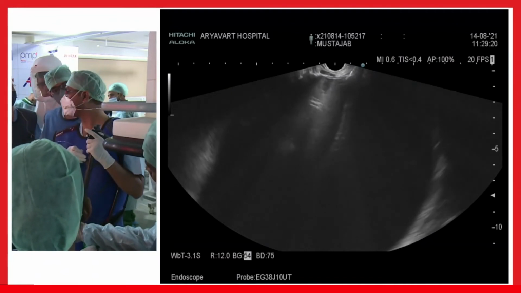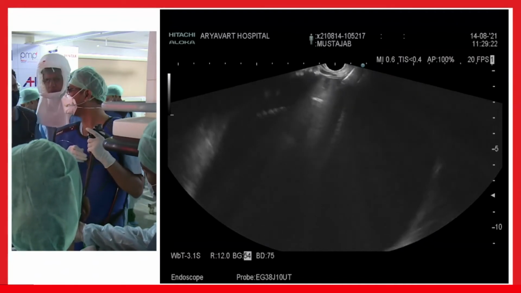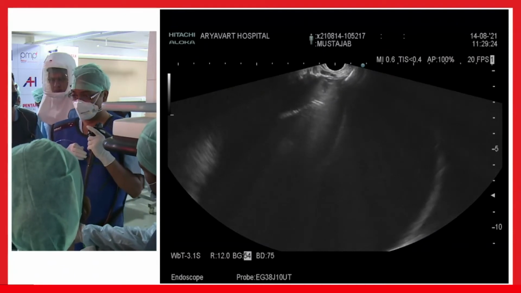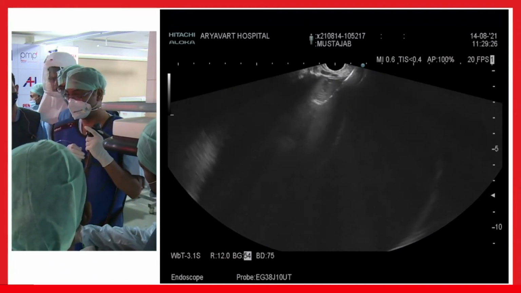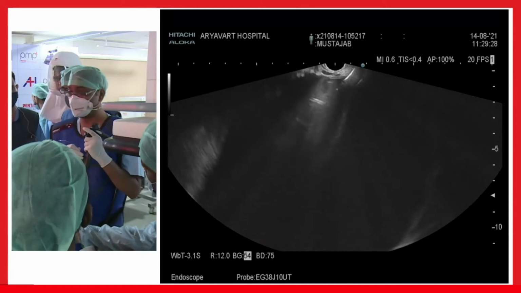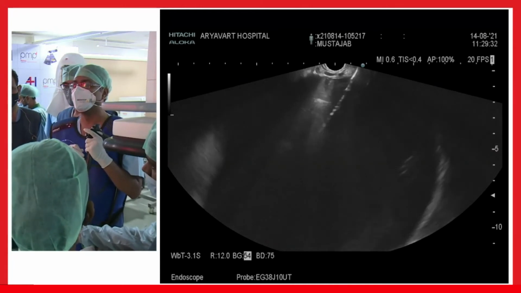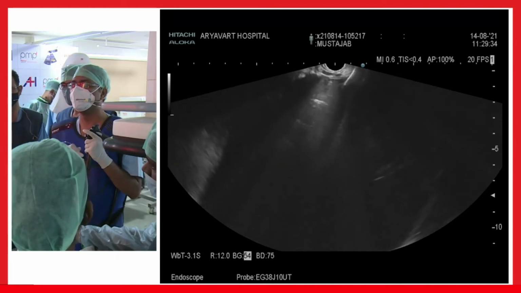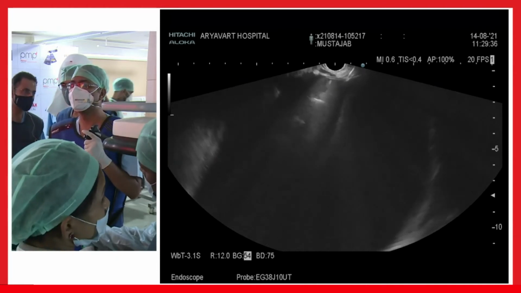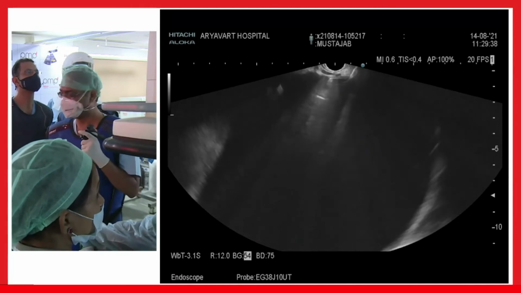Do you increase the wattage if it does not cut? Sometimes the wall is thick, but I think what is more important is the position. Confirm the position. If you are perpendicular, you go through. So I am putting the knob on. I think I'm inside.